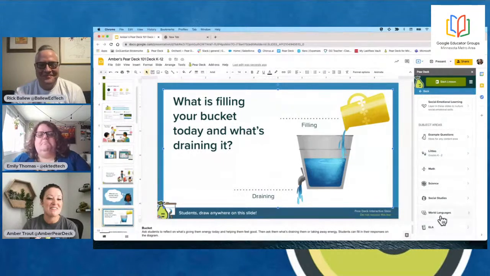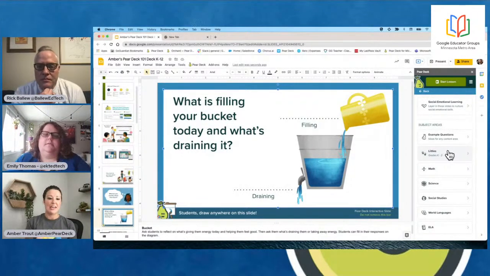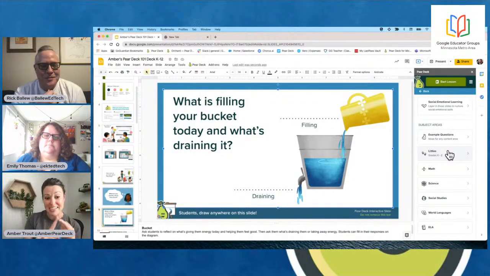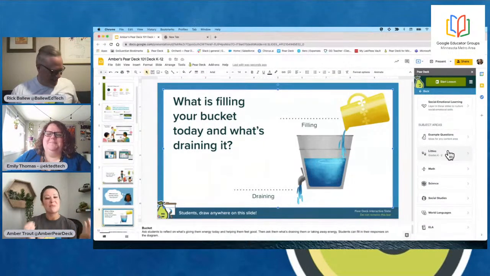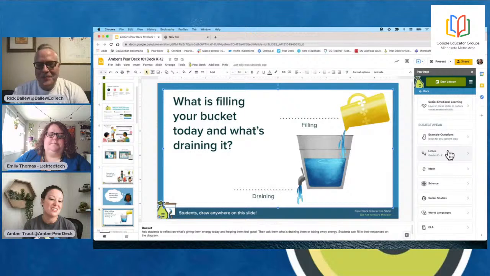You can see all of these different ones that are going to be subject specific. Now, I hear what people are saying. They're like, but my subject's not in there. So what do I do? We have something called the Pear Deck Orchard, and the Pear Deck Orchard has additional templates for things like PE, art, music. There's also going to be ones that are brain breaks, all sorts of different ones that we have in there in the Pear Deck Orchard.